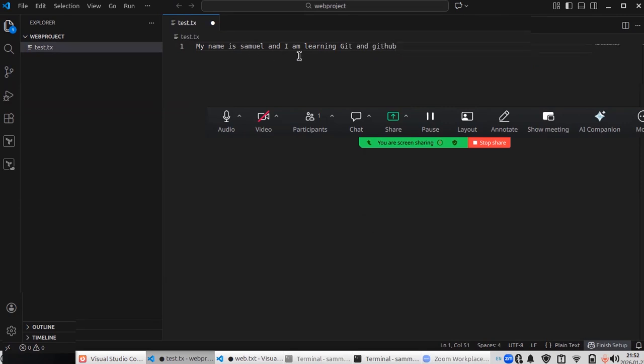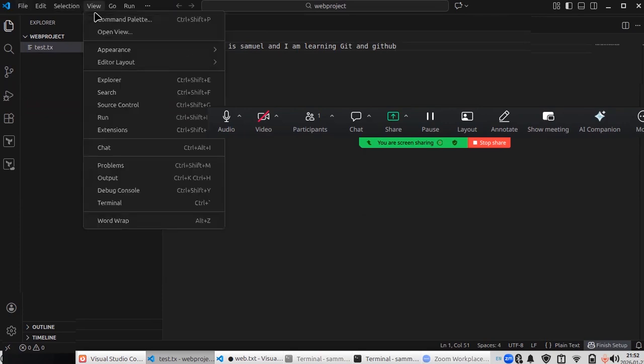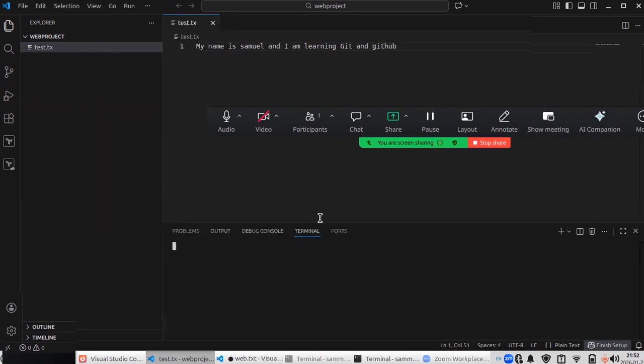All right, so I'll save this guy. Now I'll come to the View menu on my Visual Studio Code and open up a terminal. Our terminal will open up for us. This is where we can interact with this repo. So the very first thing you would want to do when you want to work with